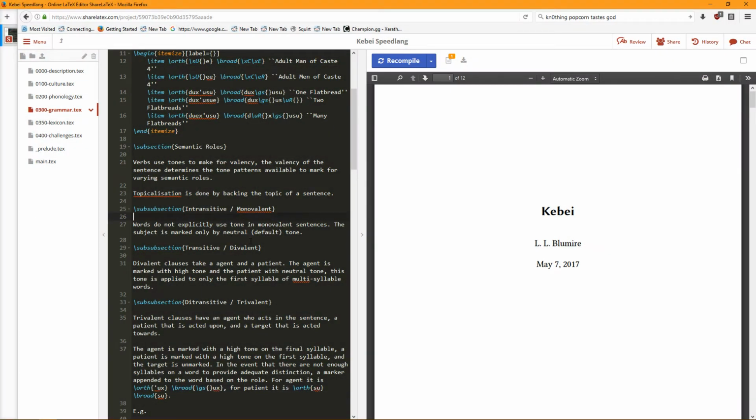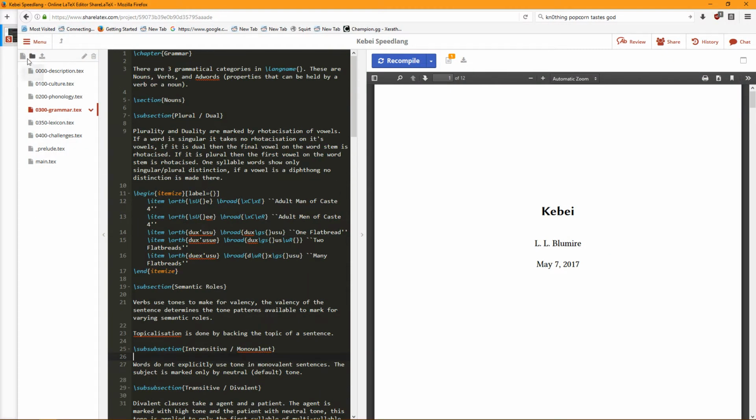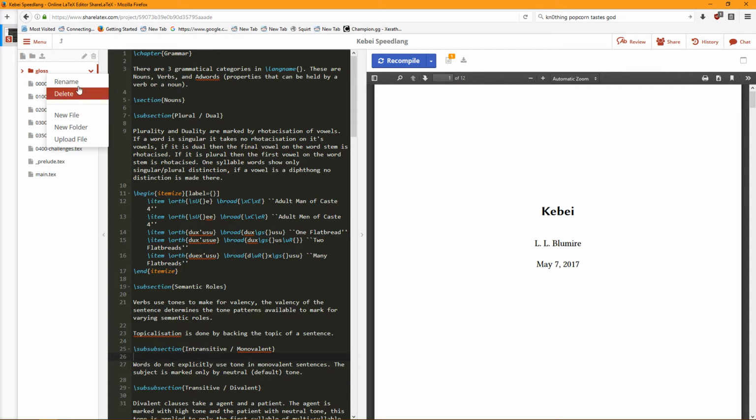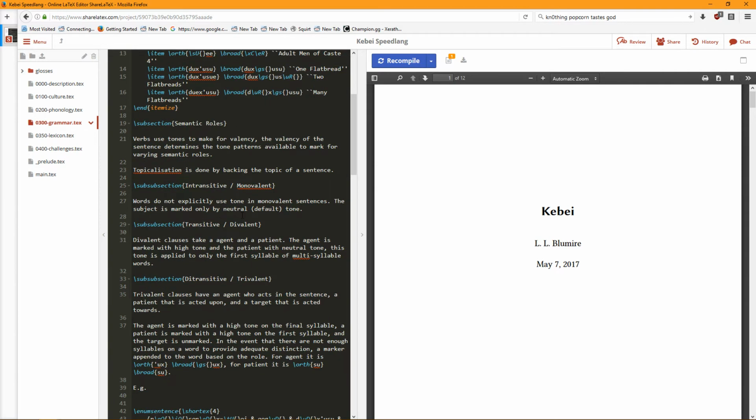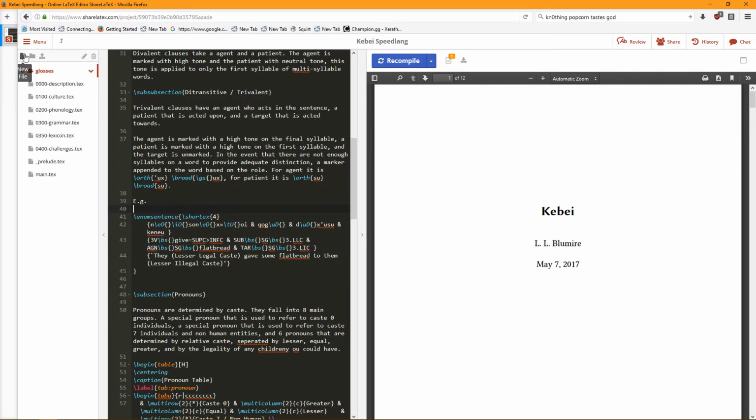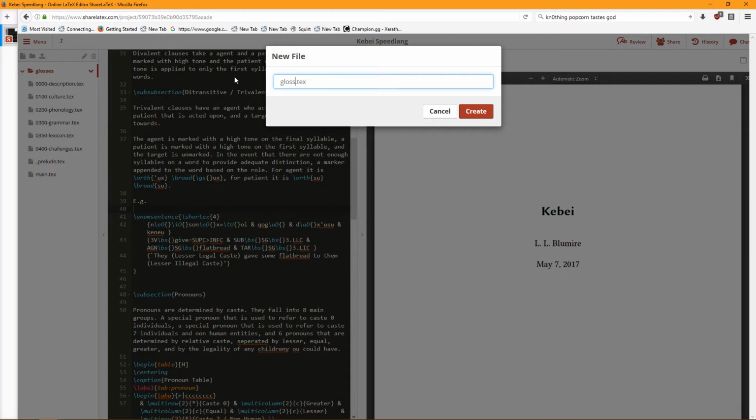So today, what we are going to be doing is largely, let me go to monitor, a lot of cleanup, because there's a lot of crap that needs fixing here. So first of all, I'm going to move all of my glosses into a separate folder called glosses. I need to find all the glosses I've done, which are going to be in grammar, mostly, I assume. Yep. So we've got one here. This here is going to be a new folder. This will be gloss.